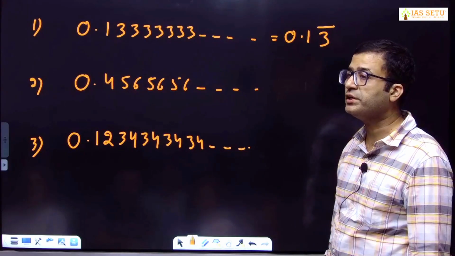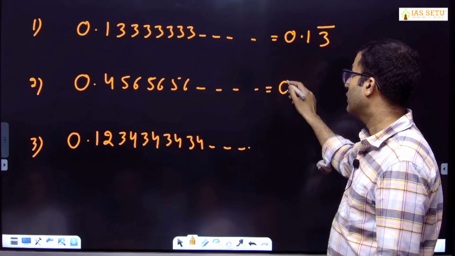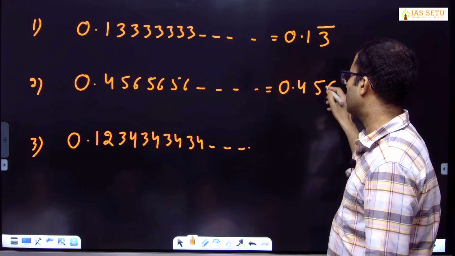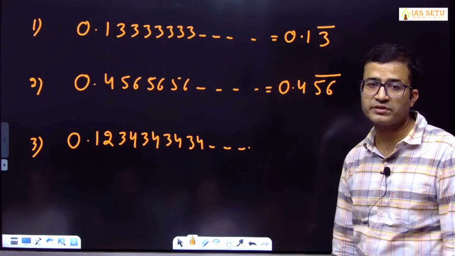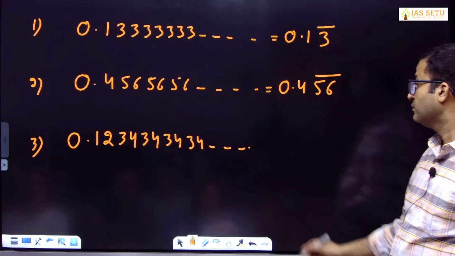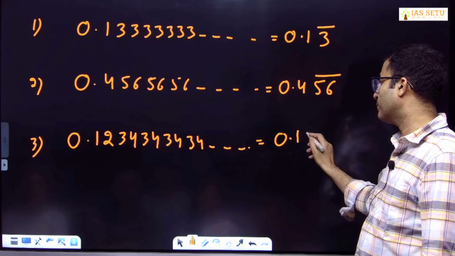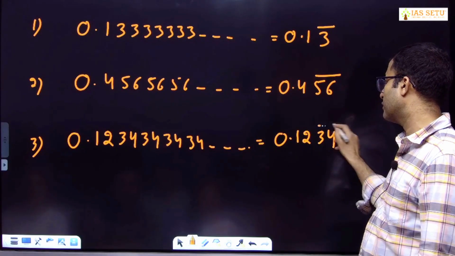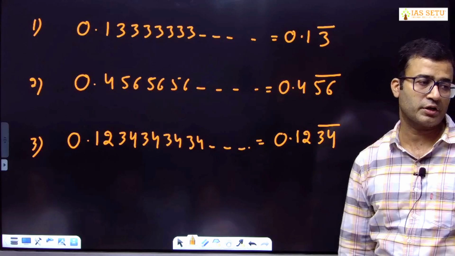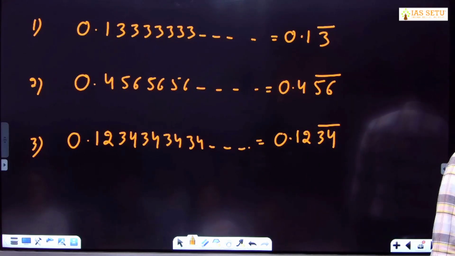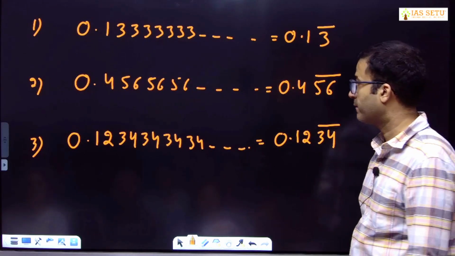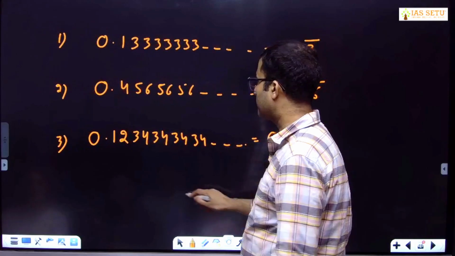Here 3 reoccurs again and again. Here it is 0.4 bar on 5 6 because this 5 6 reoccurs again and again. Here it is 0.12 bar on 3 4 because this 3 4 reoccurs again and again. Okay. Now next,